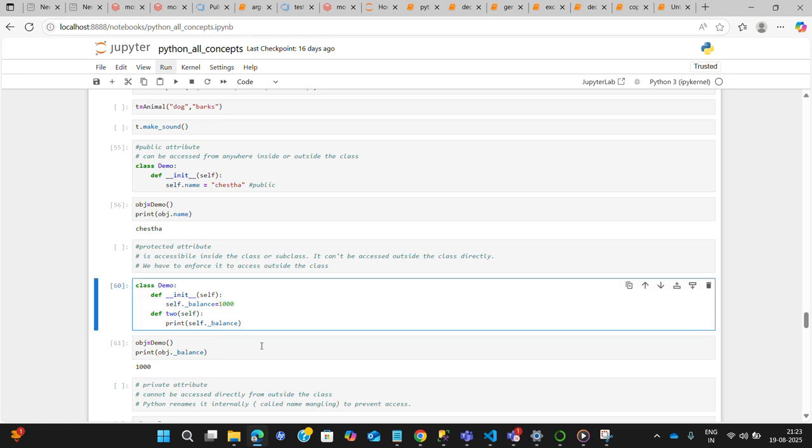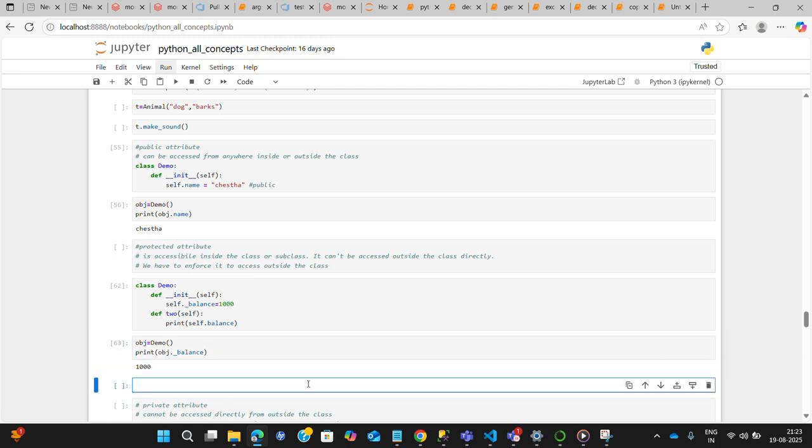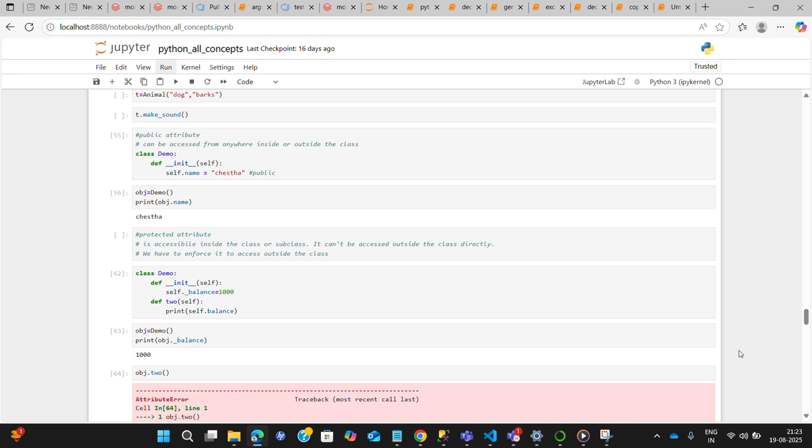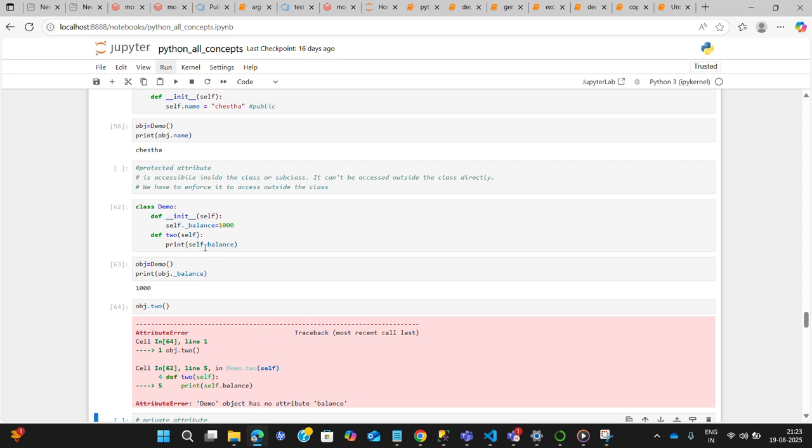Then we get an attribute error, no attribute balance.